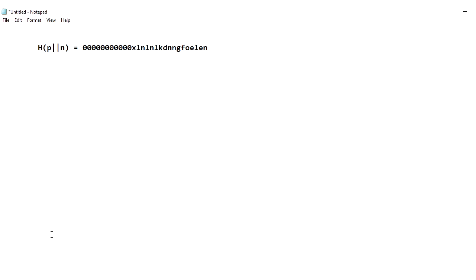I can say proof of work puzzles must be created in such a way that the hash puzzle is very difficult to solve, but the verification should be very easy. The condition for hash puzzles is like this: very difficult to solve, and verification should be easy. Verification means the output verification is easy.